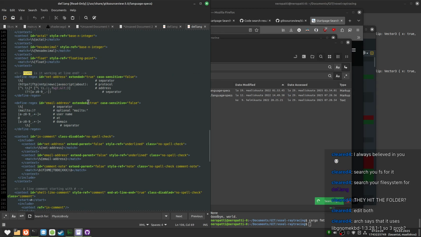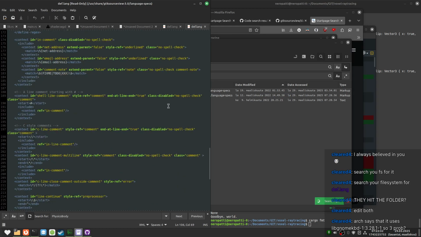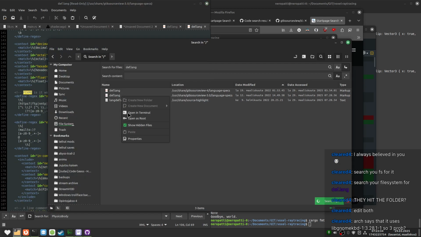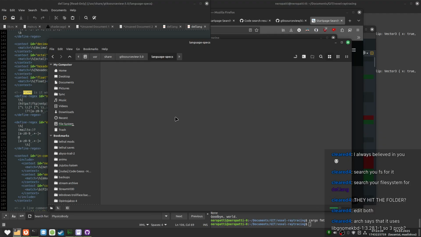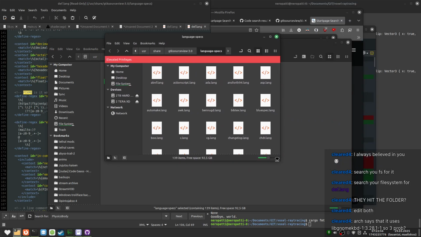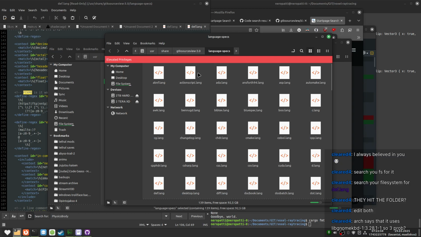Alright, now we have to do regex. Although these are read-only, let's just... Open containing folder. We have the scary elevated privileges thing now. I could edit both, true.